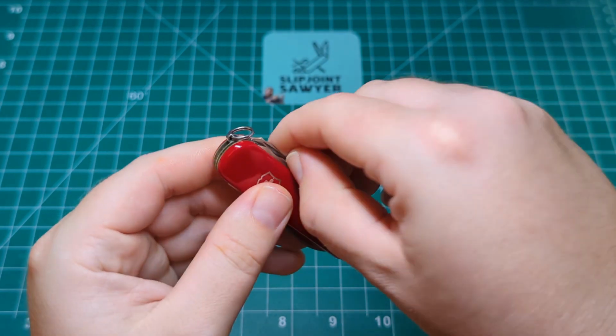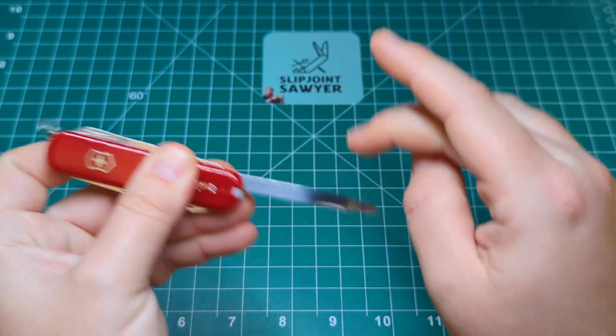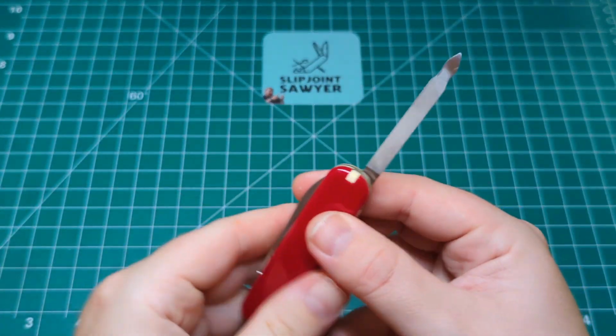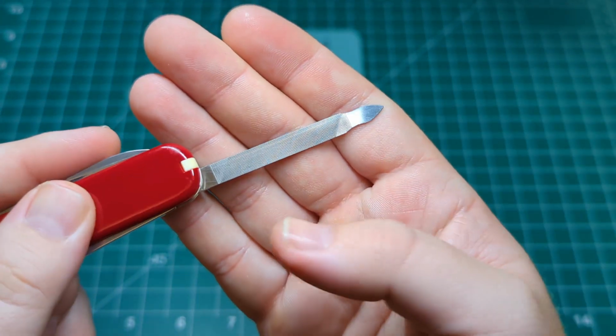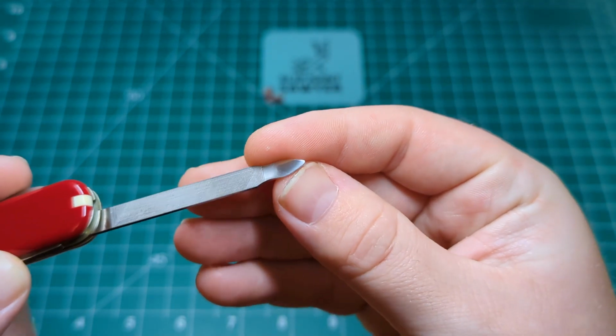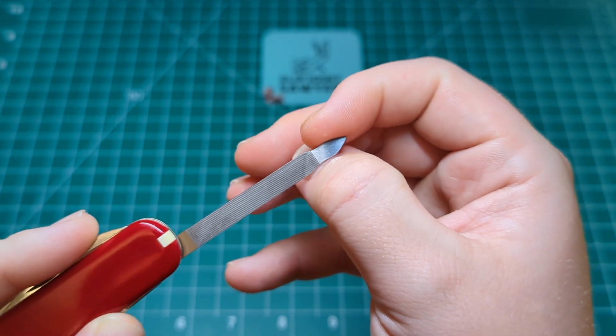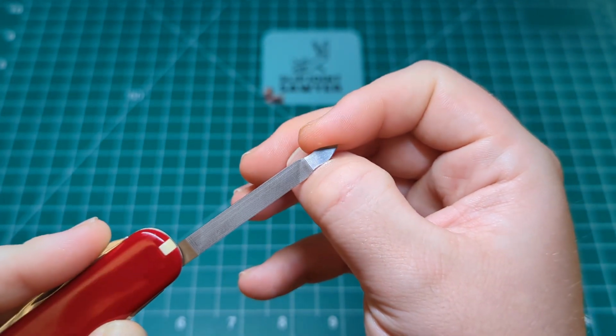And then on the reverse of that, we do have this sort of, it's not really a combo tool, but I'm going to say it is because of the uses it's got. So we have a nail file on the back here. This also acts as a nail cleaner, so you know, clean out your nails, under your nails. We do have a cuticle pusher on there as well, which is this sort of action you would do with